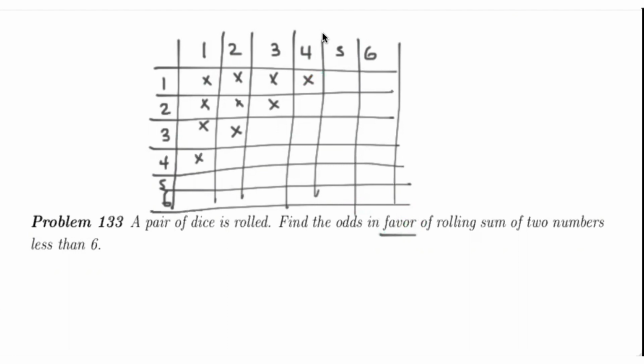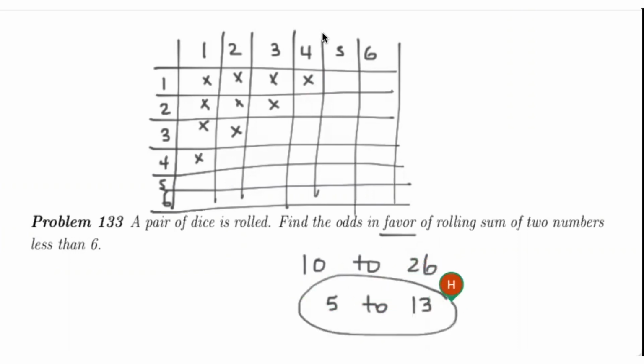How many are less than 6? 1, 2, 3, 4, 5, 6, 7, 8, 9, 10. So here is 10. How many are not? 26. Or I can say 5 to 13 after reducing. Are you guys okay with this? Odds in favor, odds against? Okay, so